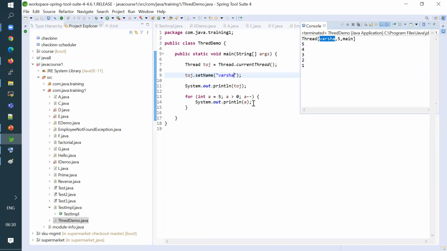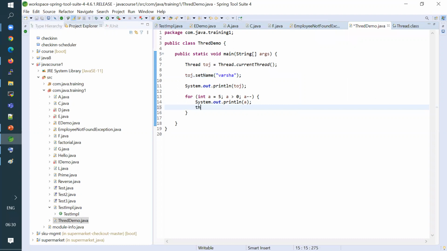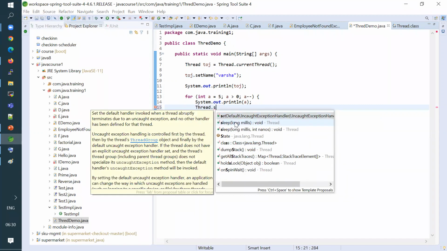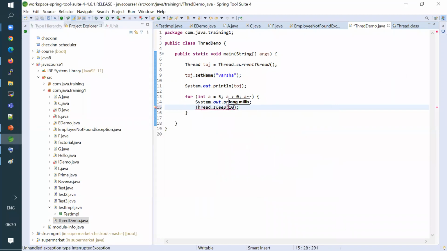For example, let's assume I can put my thread to sleep also. I'll say Thread.sleep. For example, I want it to sleep for 1 second. Okay, 1 second may not make much difference.